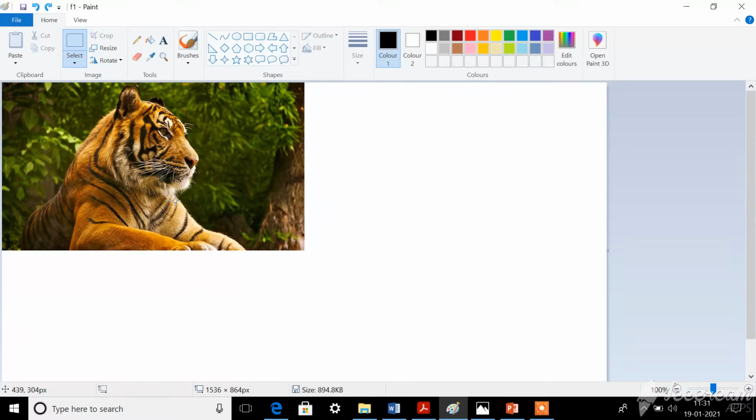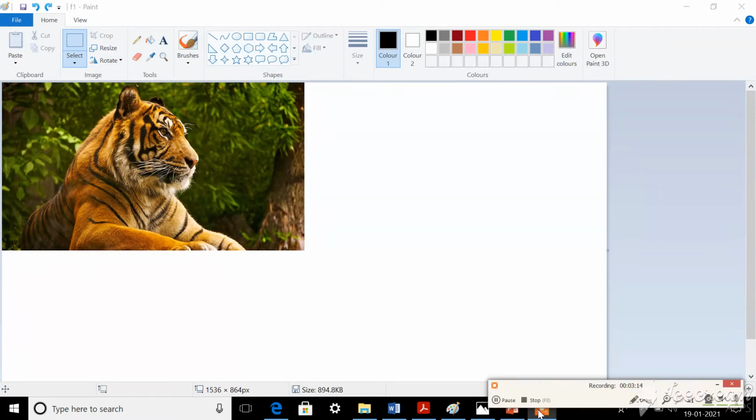Okay, now what is the first topic under page number 30? Rotate or flip a drawing. Okay, so we are going to learn how to rotate or how to flip a drawing. For this you can use the rotate tool. Okay, where is the rotate tool, dear children? See, in the Image group you can see the rotate tool. Can you see Rotate or Flip? It is mentioned Rotate or Flip. Okay, so using this we are going to edit now.